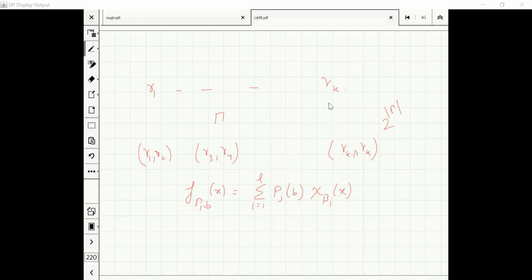Correct. And now Udit's idea is perfect. He says that let's pick the function which has the maximum sparsity. Let's pick the restriction. If I look at f gamma b, there are 2 to the power mod gamma restricted functions. Pick one of these functions, pick one function out of this 2 to the power mod gamma which has the highest sparsity. The problem is, it will not be a problem, we will show that, but at this point, you know, you have k by 2 active parities.